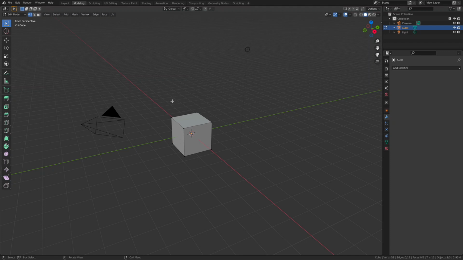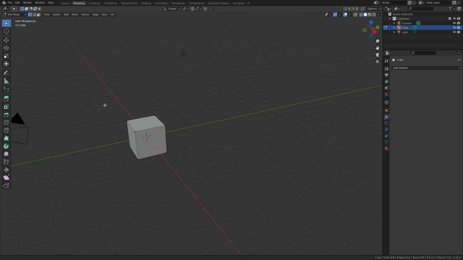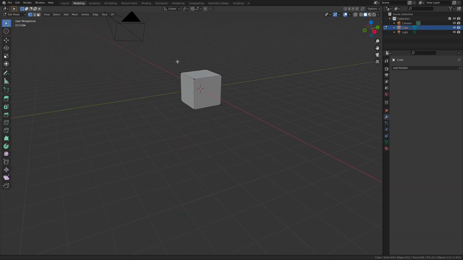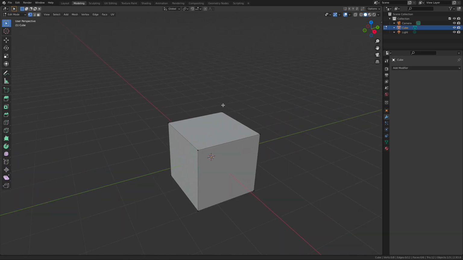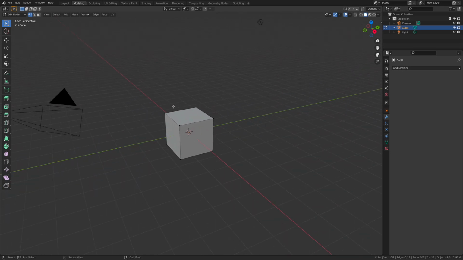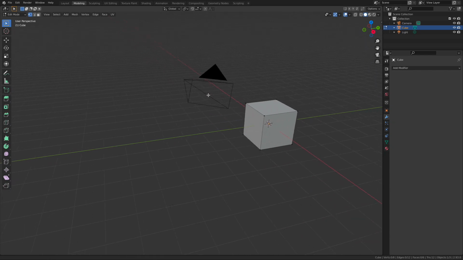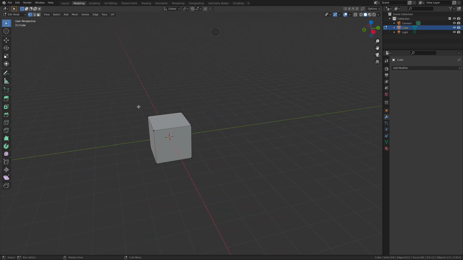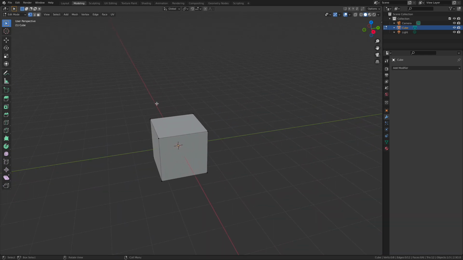If we add the Shift key with the middle mouse button, now we can do a pan, so we're moving it up, down, and left and right, which is pretty cool. And then lastly, Control middle mouse button is going to allow us to zoom in and out. So the middle mouse button by itself will do an orbit, middle mouse button Shift will do the pan, left, right, up, and down, and then Control middle mouse button is going to allow you to zoom in and out.